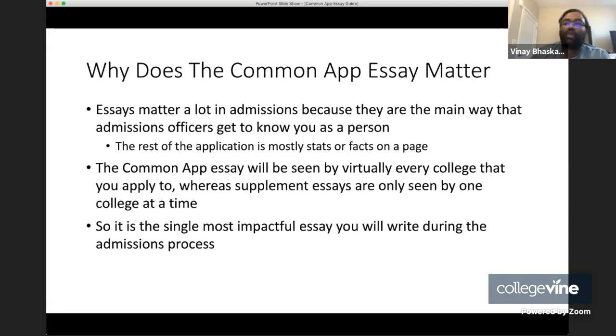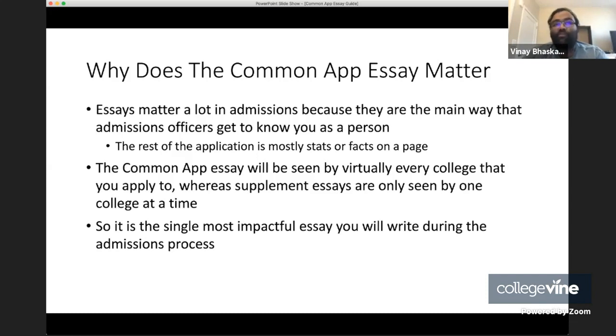Now, at some schools, you're going to get in or get rejected mostly on the basis of your academics, so it's not that important. But at a lot of schools, especially those that have competitive or selective admissions processes, that personal element is often what's going to be the tiebreaker between two applicants that are pretty similar. There's a lot of really, really talented and qualified applicants to top schools in the United States. So how do you set yourself apart? One of the ways you do that is via the essay. So the essay itself is very, very important.